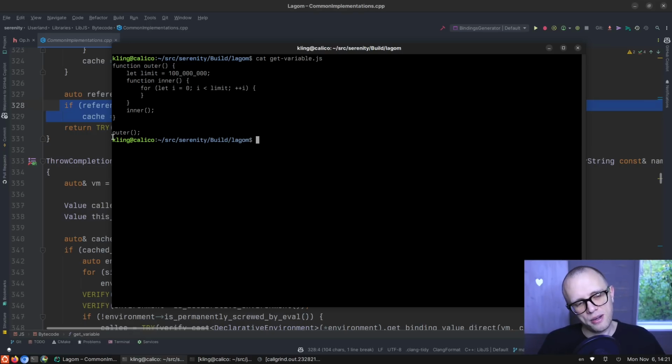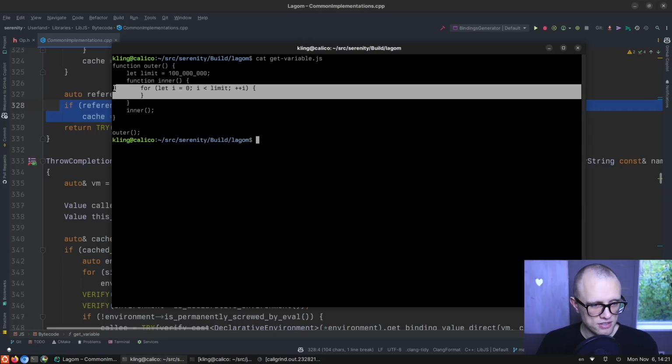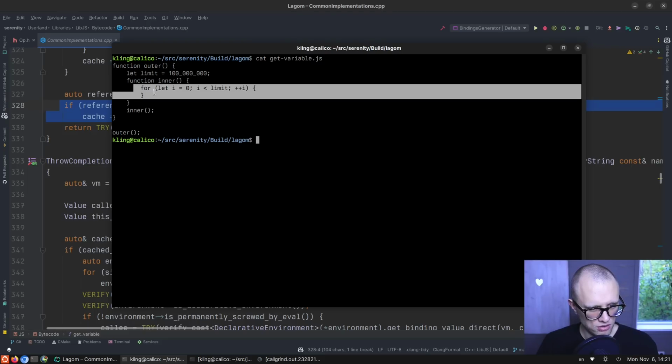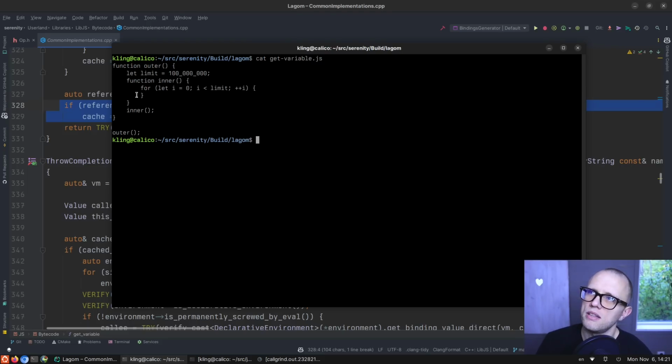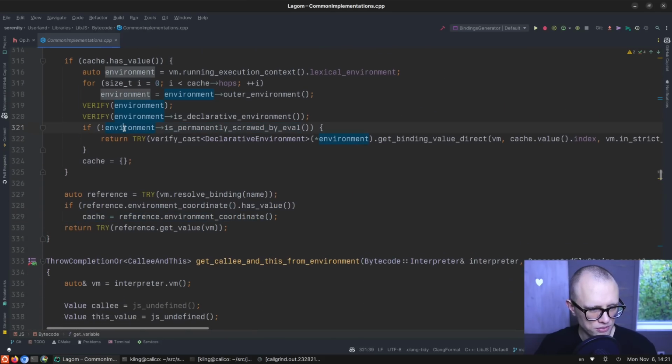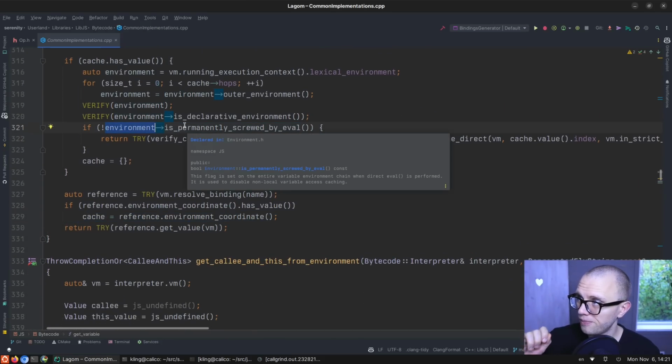Like how many outer environments did you have to jump through before you found it? Because normally that doesn't change. The only way for that to change is if somebody does an eval and then screws up your environment chain. And I think we checked for that here. Yeah. So if you use eval, then